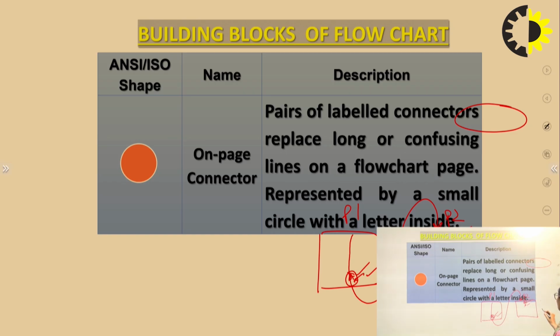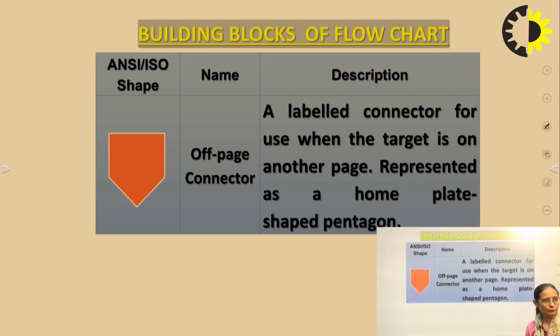Why? Because for instance, this is my page 3 and now my flowchart is again running on this page, because a flowchart is a set of symbols. When you put a symbol on a paper, sometimes it consumes the space, so maybe it will run to a third page. Then you will again create a connector with another letter, that is B in this case, and again I have the letter B and it is going to be the same. This is the off-page connector.